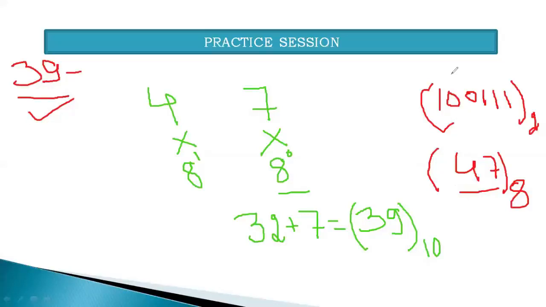Why have I written 10 as the radix? Beta, because 47 was the octal number and we needed to convert it into a decimal number. To represent a decimal number, we have to write 10 as the radix, and that is why I am representing 39 as the decimal number, and that is why I am writing 10 here. Can I move, beta? Okay.